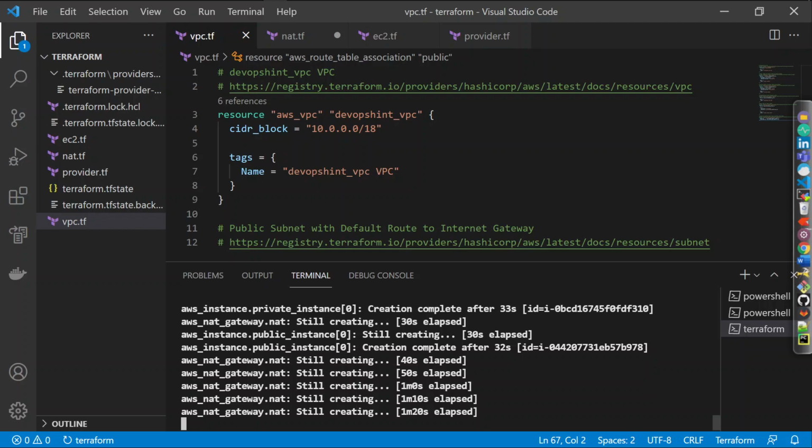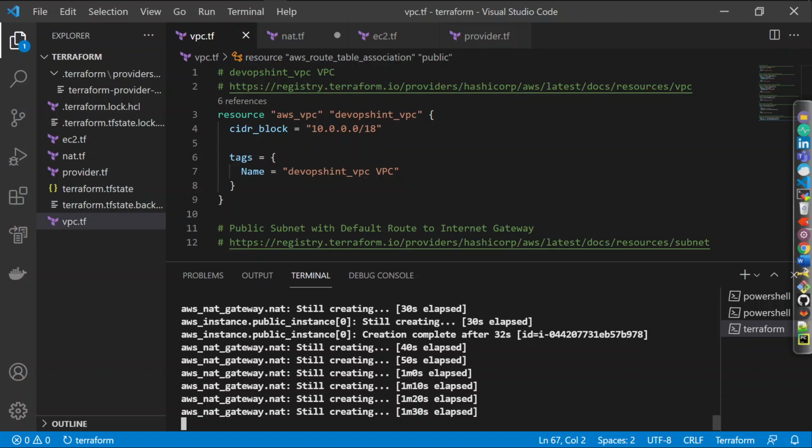After it is completed, we will check in AWS whether the resources are created with the same configuration, with the same attachments, and whether the associations are right or not. Then we'll check whether the routes are correctly added in the route table, meaning for the public subnet the internet gateway and for the private subnet the NAT gateway.